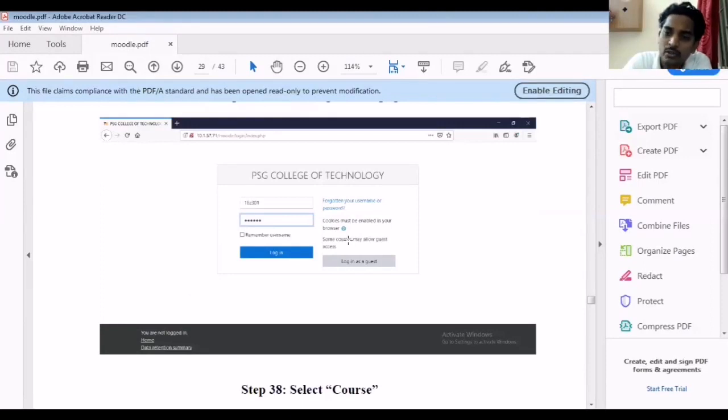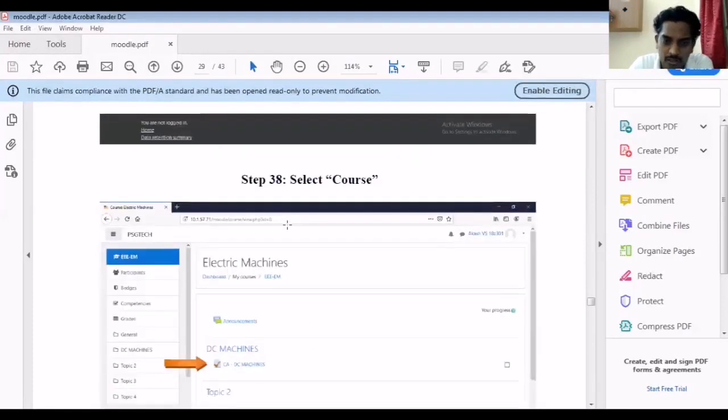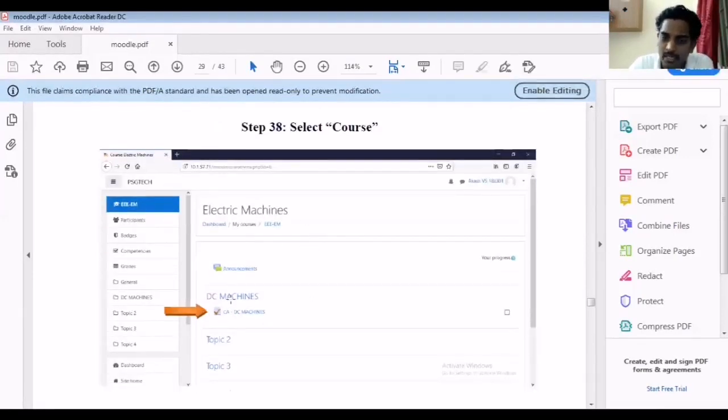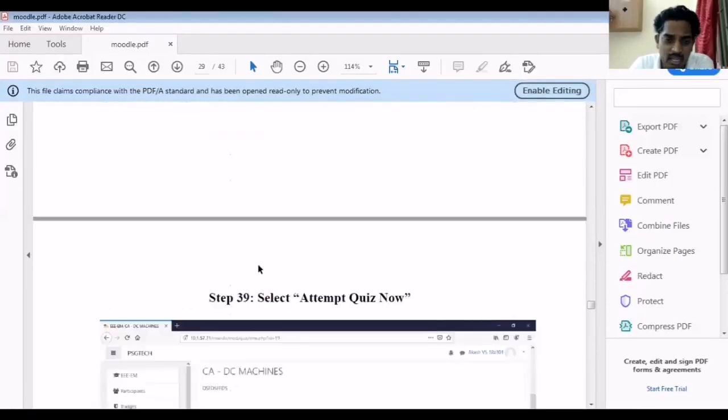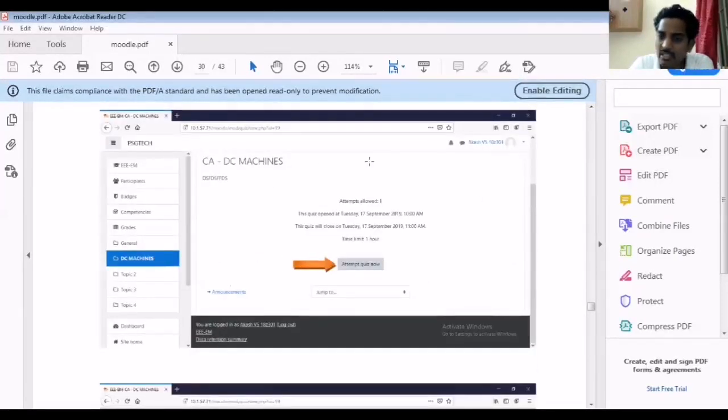Whenever a student is looking to access the particular portal, they have to give their credentials which you have created. They can give the username and password and log in, and they can go directly to a particular course, and the activity which you have given to them will be reflected there. They can click on quiz or assignment, whatever you have given, and based on the timing and the notification you have given to them, they will take the quiz.